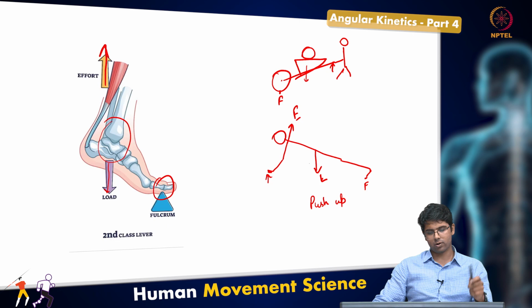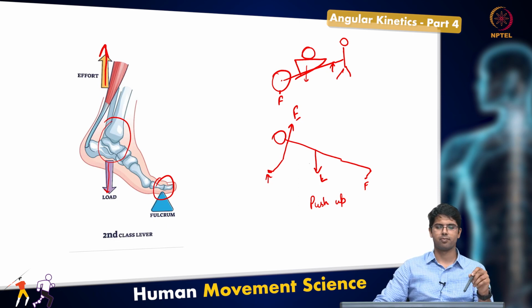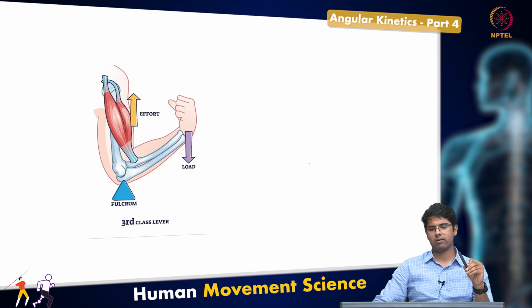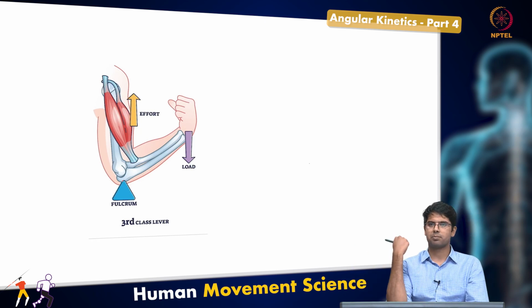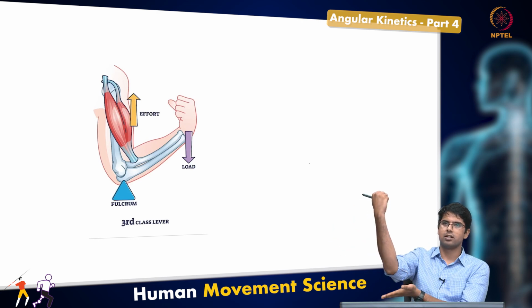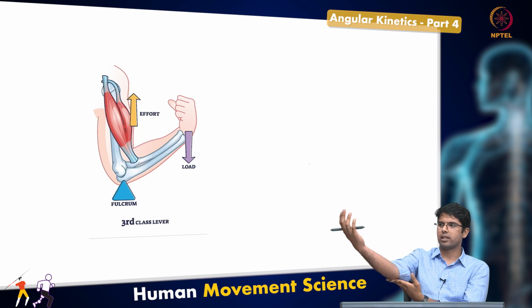Okay. Now, of course, here there are multiple bone joints in between. So the fundamentals we discussed earlier, that the lever is rigid, may not entirely apply here, but the principle holds. Okay, same way you have the third class of levers, right? So if you're doing a bicep curl, right, so this is the fulcrum, right? You try to keep this as stationary as possible, and then you put a heavy weight on the other end,